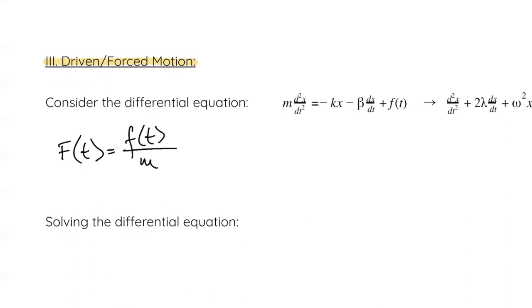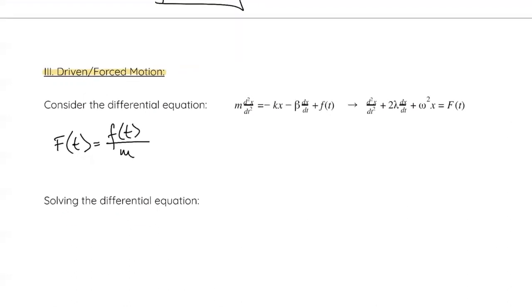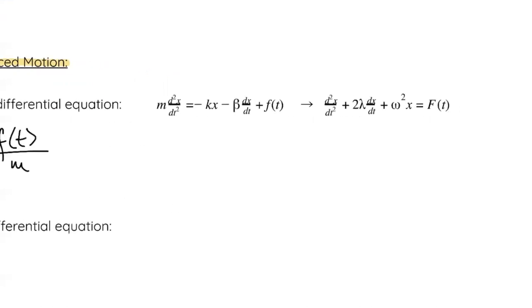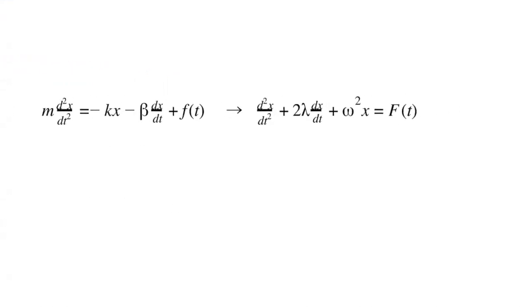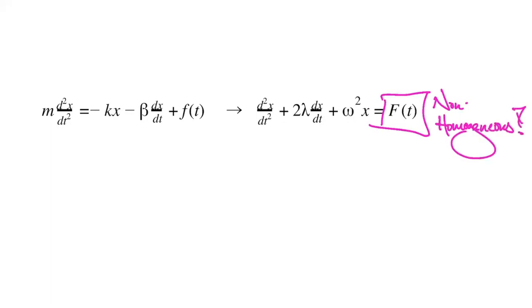And so capital F of t is another way of saying little f of t over m. Now, the very fact that this is non-homogeneous, because we don't have anything equal to 0,